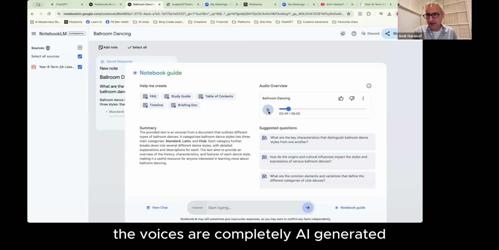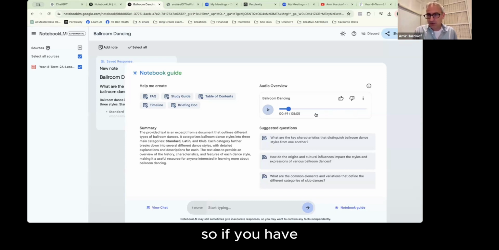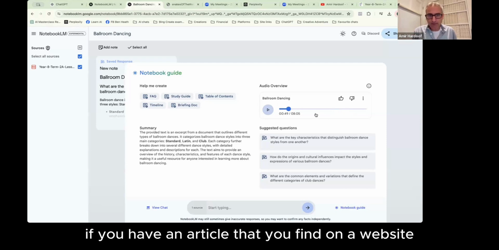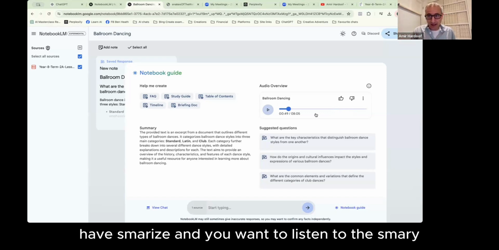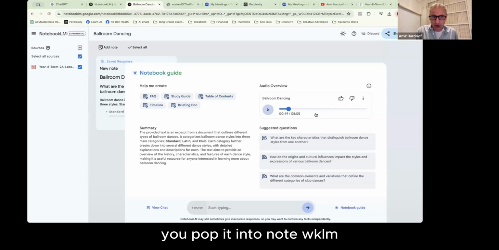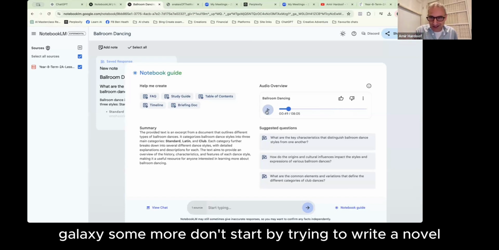The voices are completely AI generated, and they are discussing the actual content of this document, and they are giving us a summary, which is about 8 minutes. So if you have an article that you find on a website that you want to have summarized, and you want to listen to the summary, you pop it into Notebook LM, you wait a few minutes, and it'll give you that summary. Okay, let's listen some more.